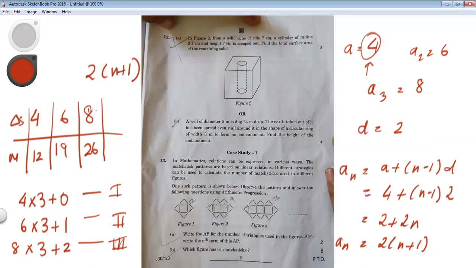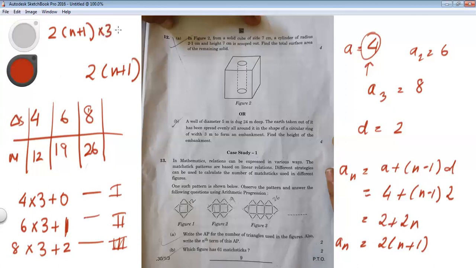So An is 2 times n plus 1. Therefore the number of matchsticks in the nth figure can be generalized from this. In the first term you are adding 0, in the second term you are adding 1, 6 into 3, right? So the answer is going to be 2 into n plus 1,